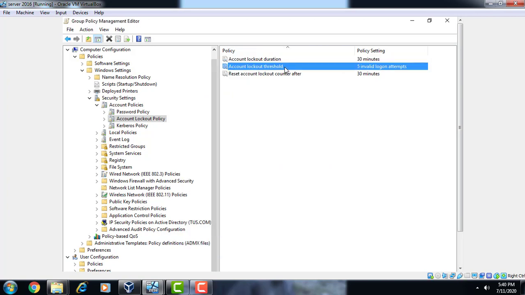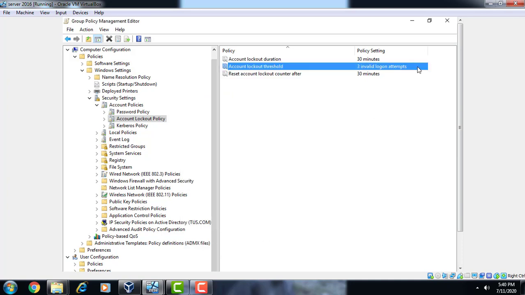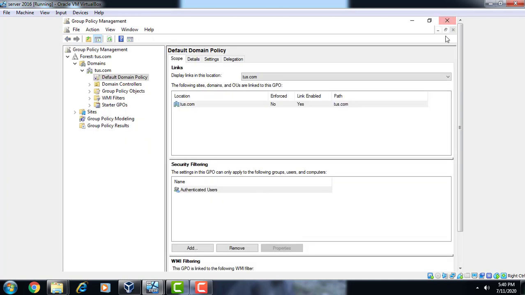And here is how many wrong attempts will count as an invalid login. So here we can keep the value 3. If you enter the wrong password 3 times, then the account will be locked out. Close that.